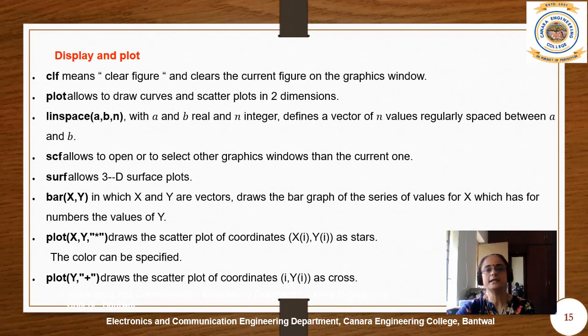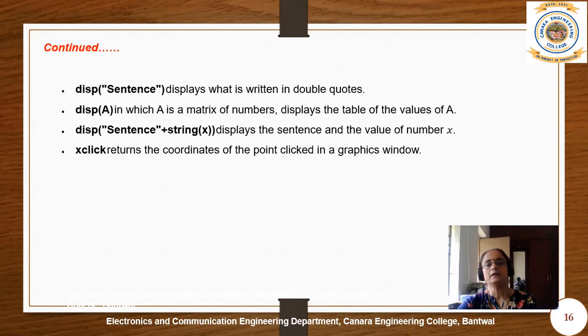You have clf, that is in order to clear the figure we use the clf. Plot, linspace, scf, surf, bar, plot are some of the built-in functions under display and plot. The display, we have already used, you have seen that. xclick.